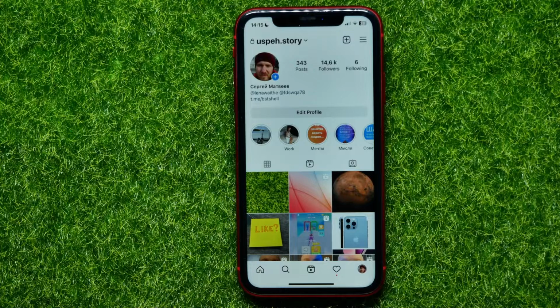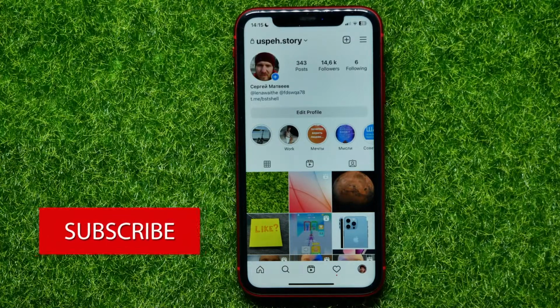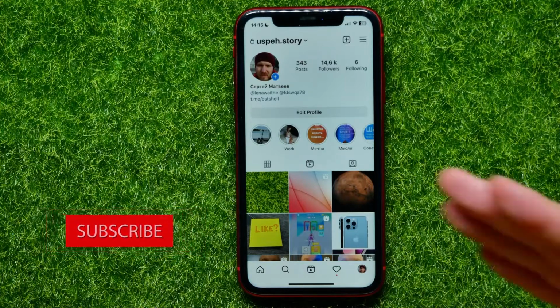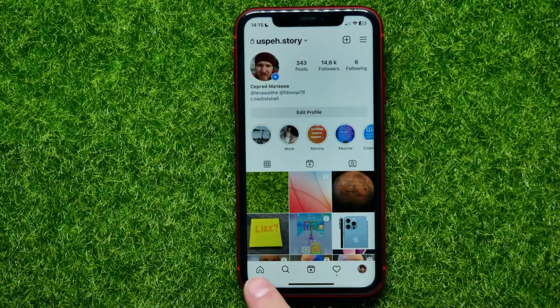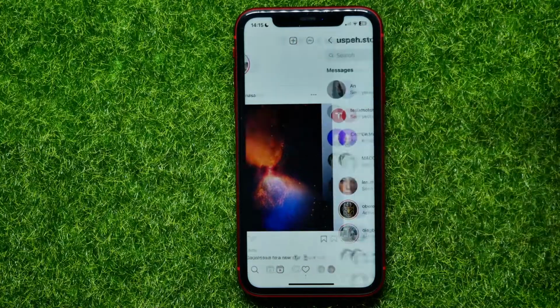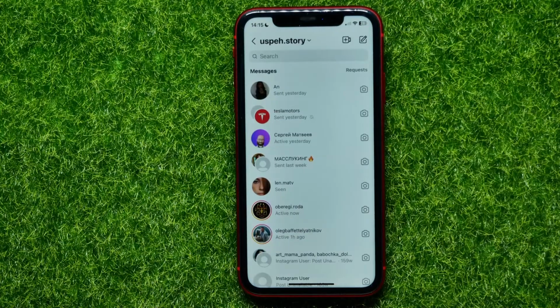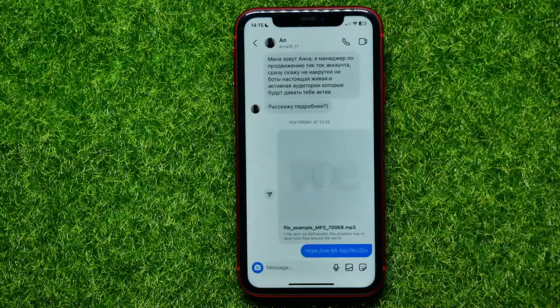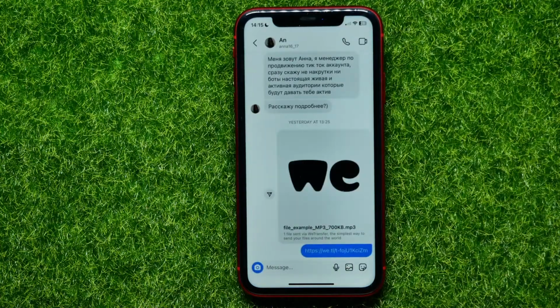If you don't want to share your video with all of your followers, you just want to show it to a specific person, all you have to do is open up Instagram, then right here hit the home icon to bring up the home feed, then hit the DMs icon to open up your conversations list. There you can open up some conversation, and here you've got two different options for how you can send a video